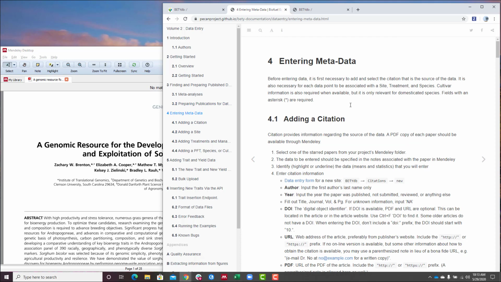So this is the metadata. This is everything before we actually upload the trait and yield data. So we're going to go through and we'll use this bulk upload to add trait and yield data